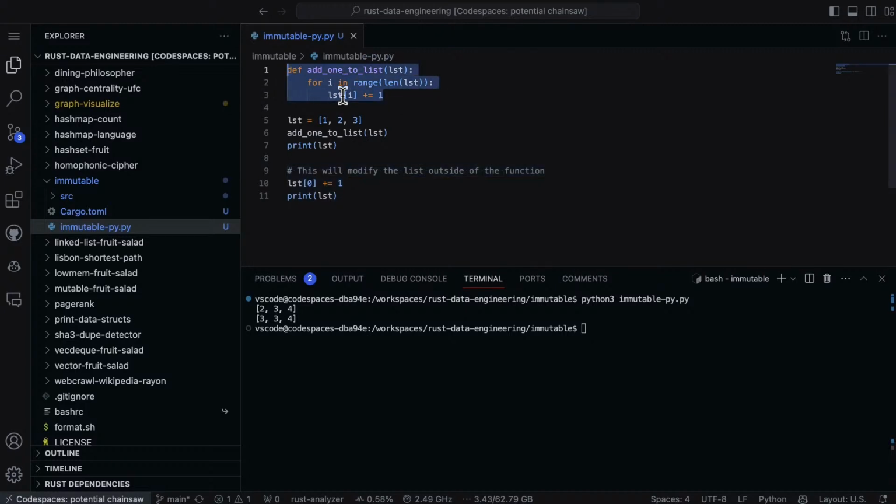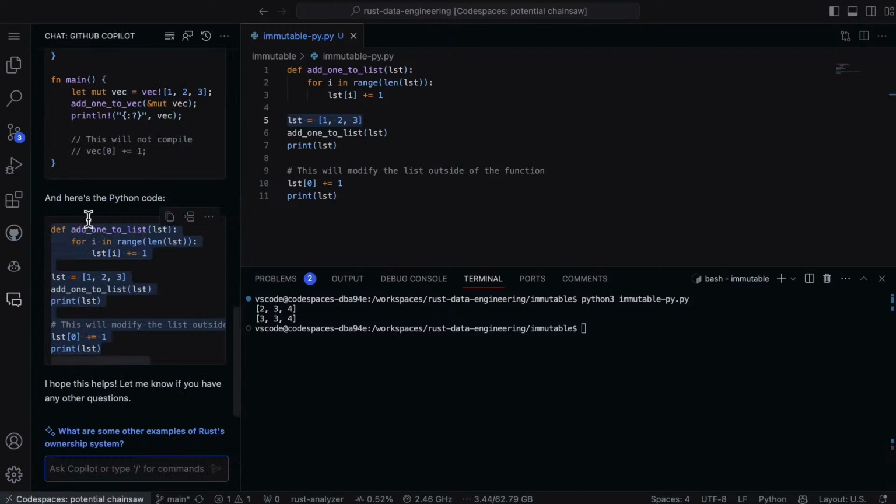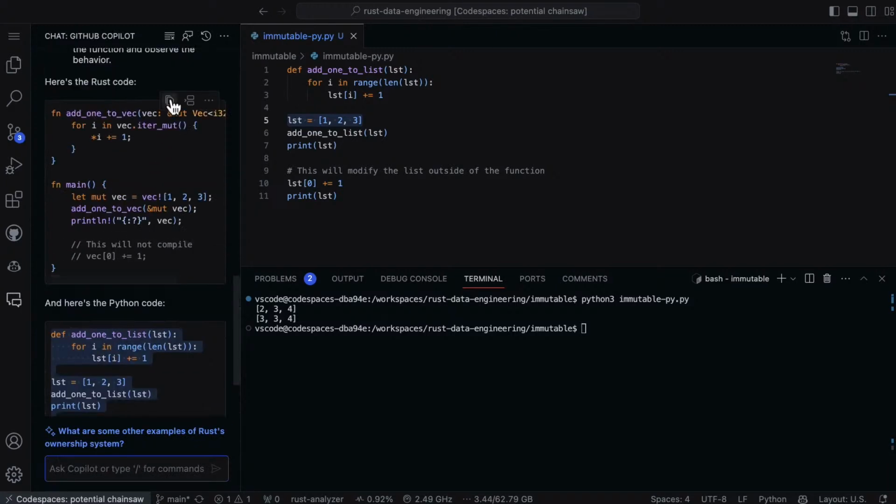This function itself potentially needs to assume that the list is fixed, but now somebody's modifying it. So you have essentially race conditions with mutating a data structure, but you can fix that with a language like Rust because it's not possible. By default, the data structures are immutable. So if we go back to the chat here, let's take its idea and copy it,